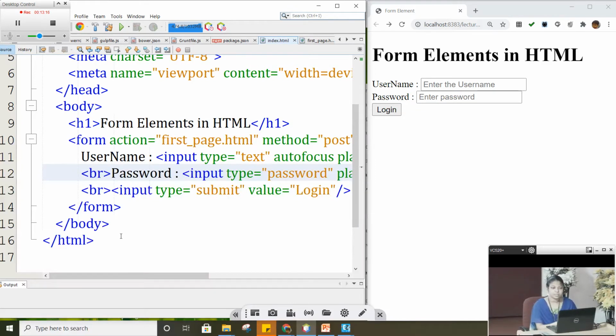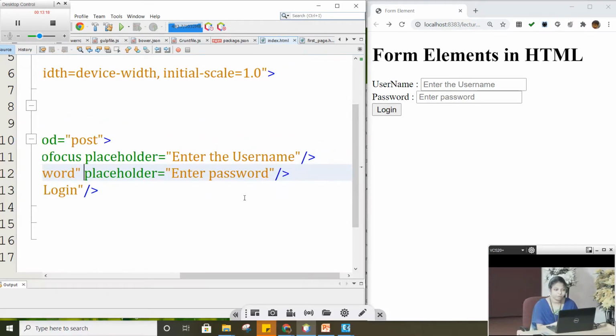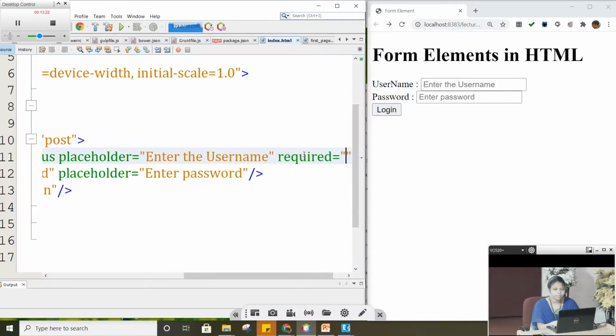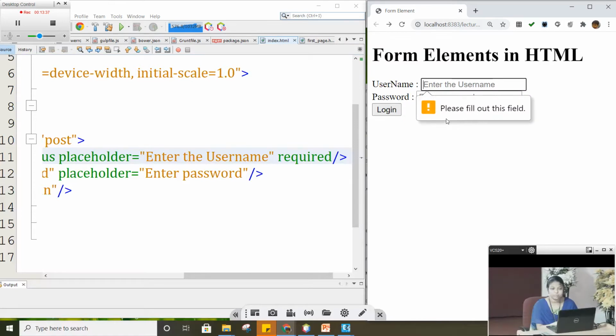Then next one is, we are going to see one more attribute here that is called required. What is required means? We should ensure that the user has entered some data in the username. Say for example, if I'm not going to enter anything here, you can automatically see, please fill out this field.